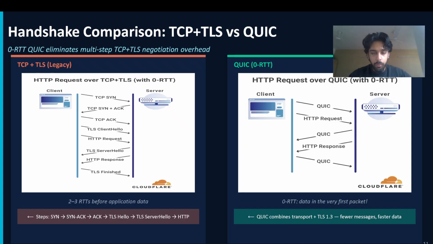So the first point is head of line blocking. It usually occurs in TCP, but not in QUIC. Why? Because if we are sending packets 1 to 5 from a client to a server, and somehow the third packet is lost, the client will be acknowledged that the server has received only up to two packets, and will neglect the fourth and fifth packets.